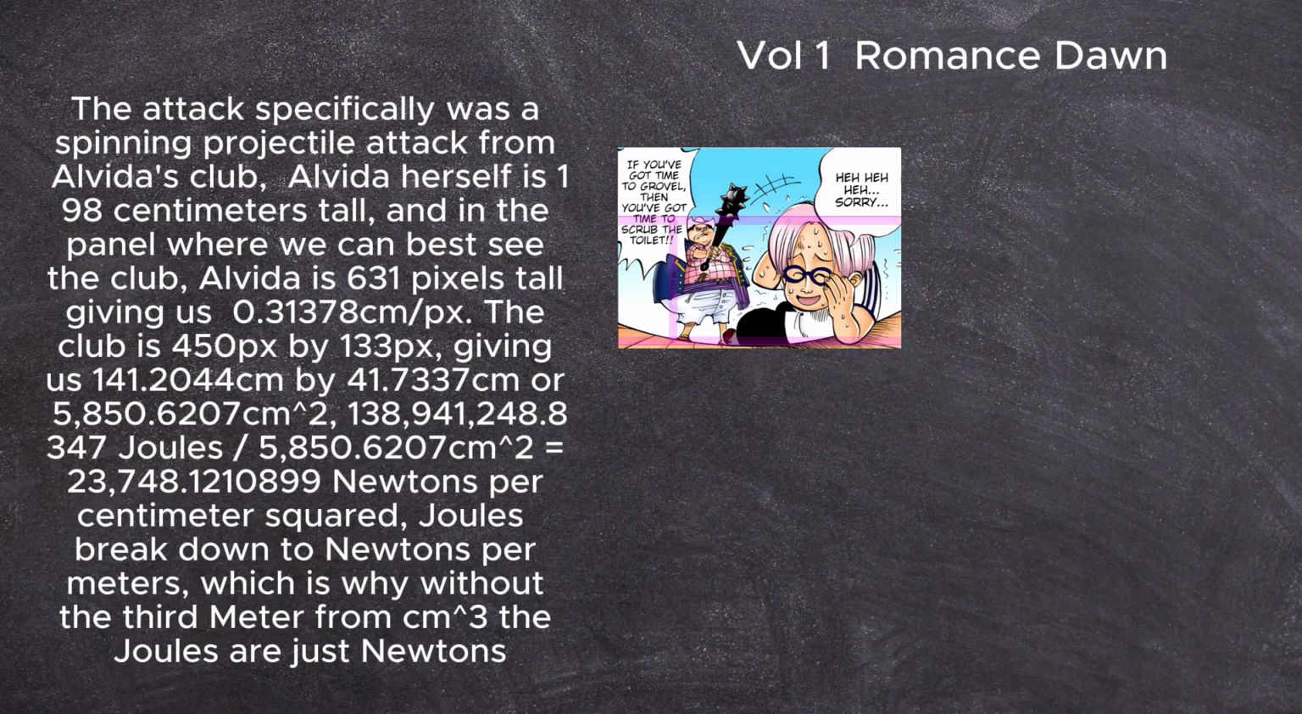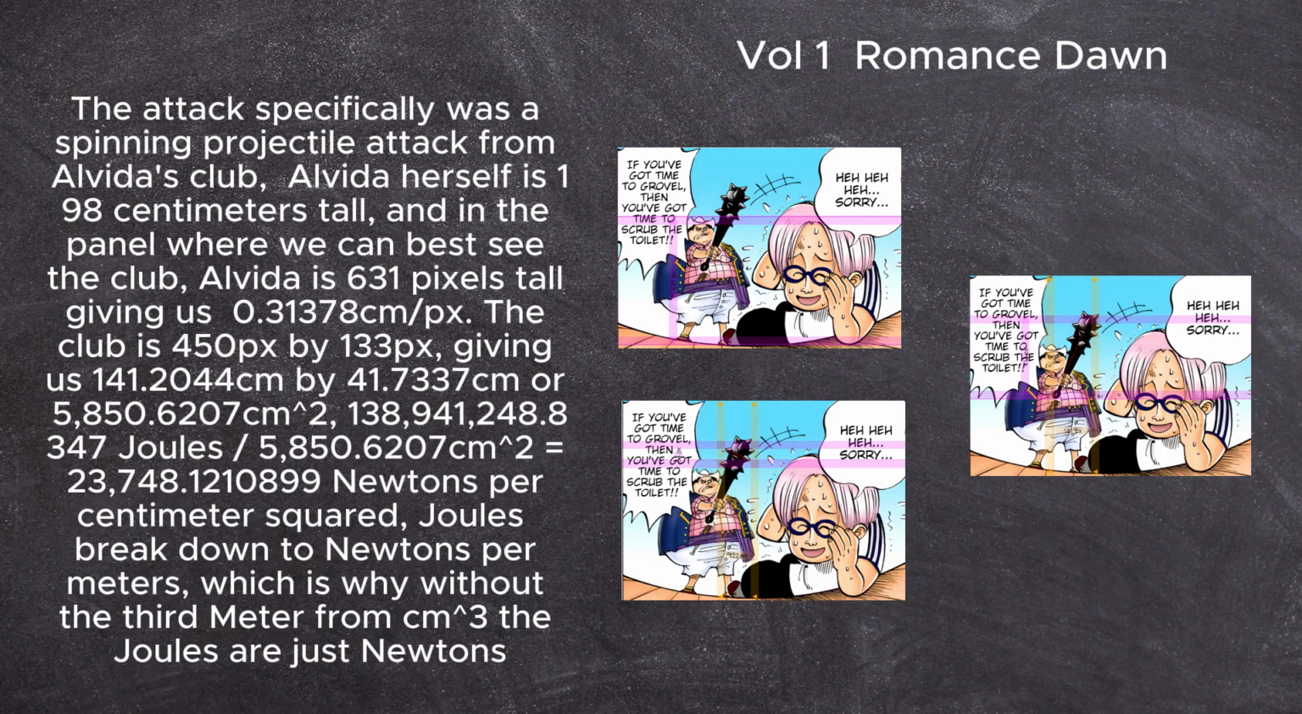The club is 450 px by 133 px, giving us 141.2044 centimeters by 41.7337 centimeters, or 5,850.6207 square centimeters. 138,941,248.8347 joules / 5,850.6207 square centimeters equals